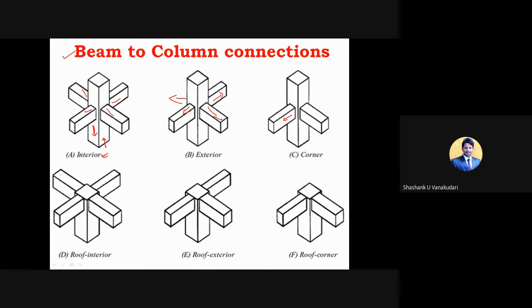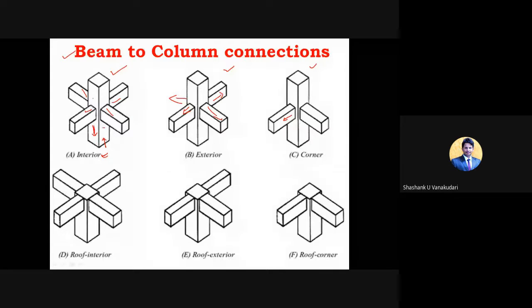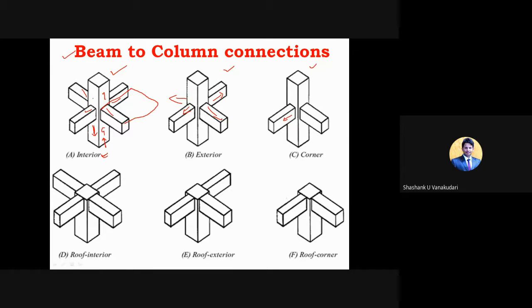Similarly, you can see different types of connections at the regular intervals of the floors. From one floor to another floor, this particular portion is considered as the ground floor, and this is considered as the first floor. After this, a slab will come and be placed in this way. Similarly, the slab will be placed in this way. The top portion is considered as the first floor, and the bottom portion you can consider as the ground floor. So here we can show the connections in this way.